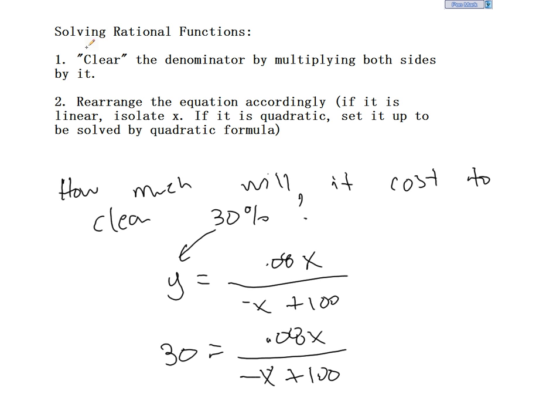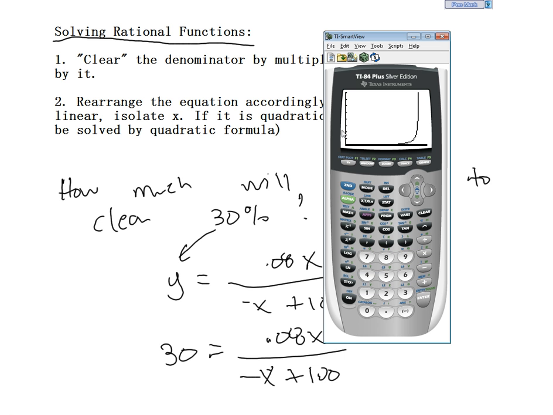Okay, so when we're solving rational functions, in other words, we're putting something in for the output and we want to solve for the input, there's a procedure that works pretty well. Now, you could definitely plug this into your calculator and just plot the line y equals 30, and as usual, figure out when those two things intersect. So